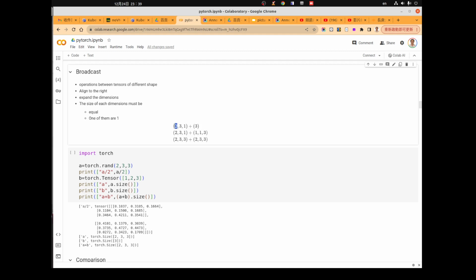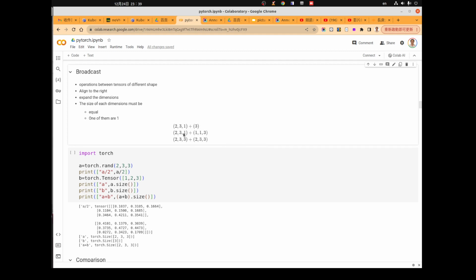So totally you will have 6 copies of this object. In the final, this one will become a tensor of 2, 3, 3, so that both sides can be added together.